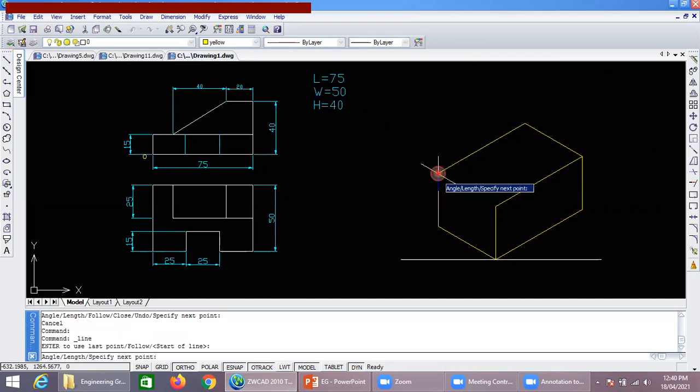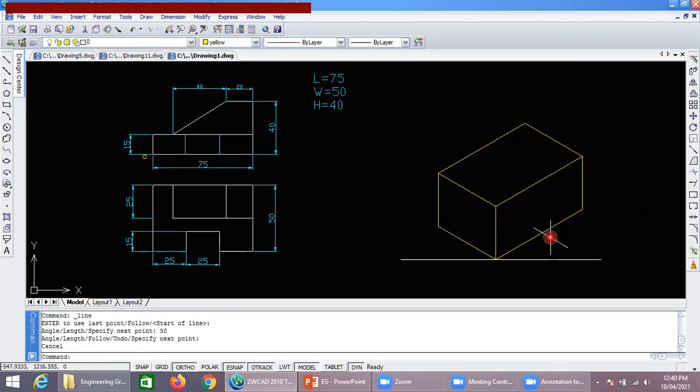So this is the construction of the basic cube taking place.